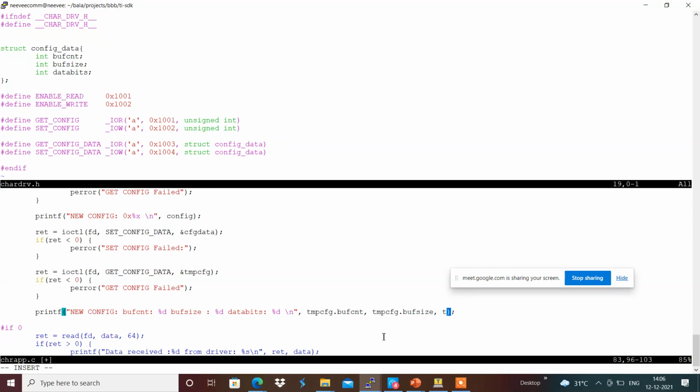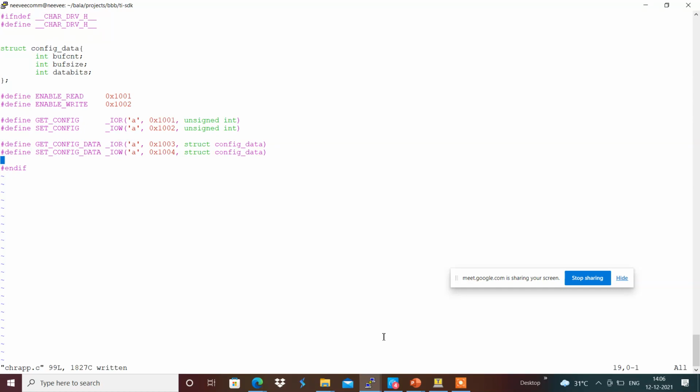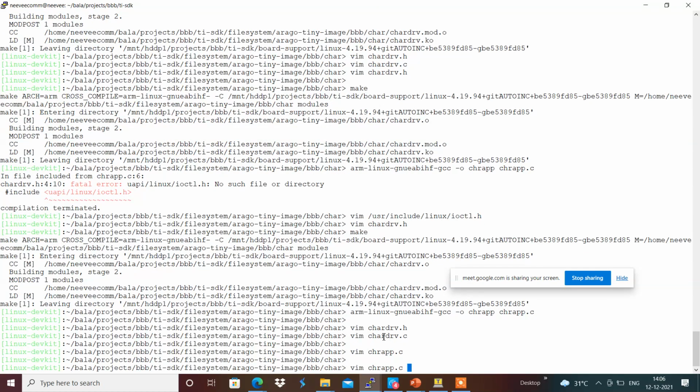Now we will see. I'm going to compile this. There is a CFG data undeclared in the vim character drv.c.